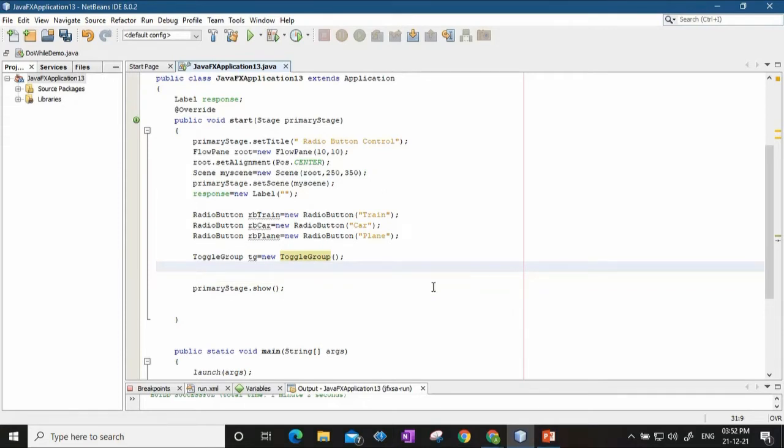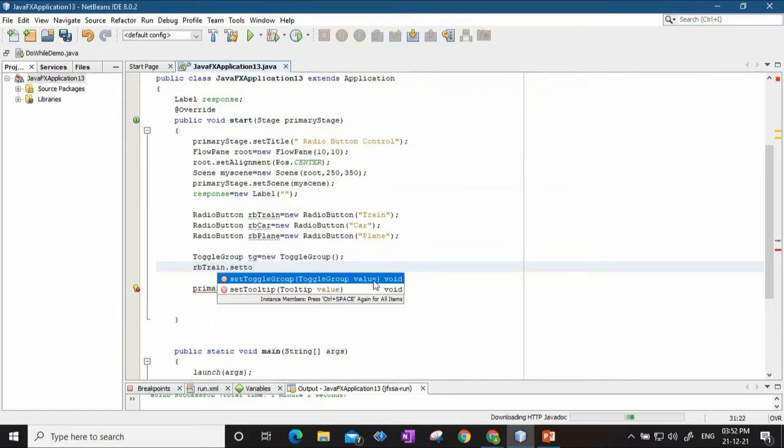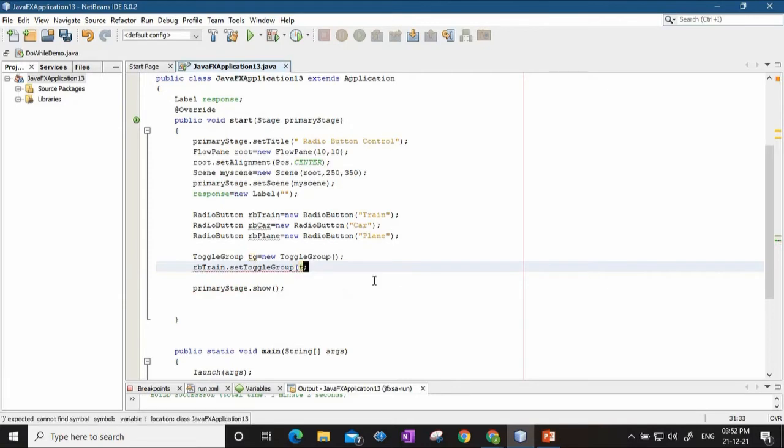There's a method called setToggleGroup. So I'll say rbTrain.setToggleGroup and give the object tg as input to it.